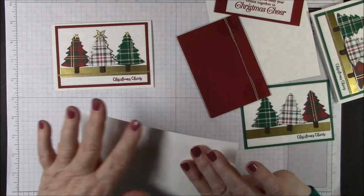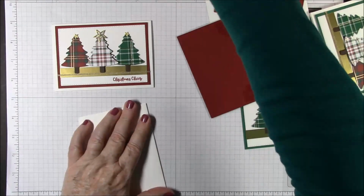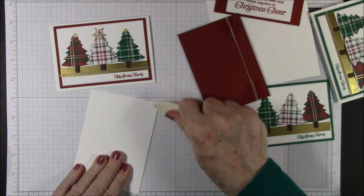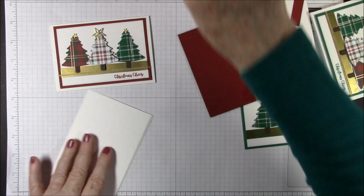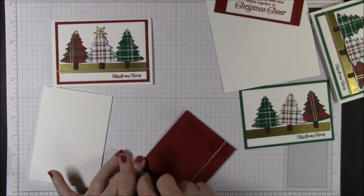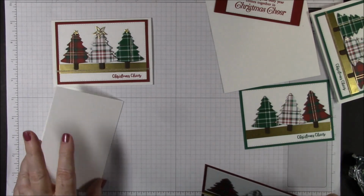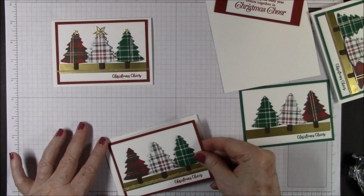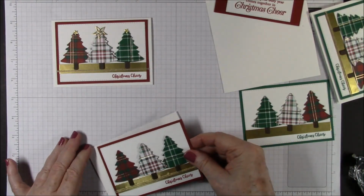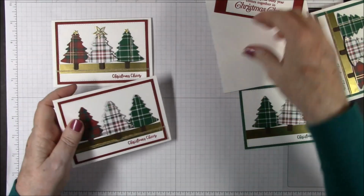So find your little crease there and fold away. Increase your fold with your bone folder. I'm going to use some more snail to put this in place on the front of my card. I'm going to turn this around. Now to put this on,